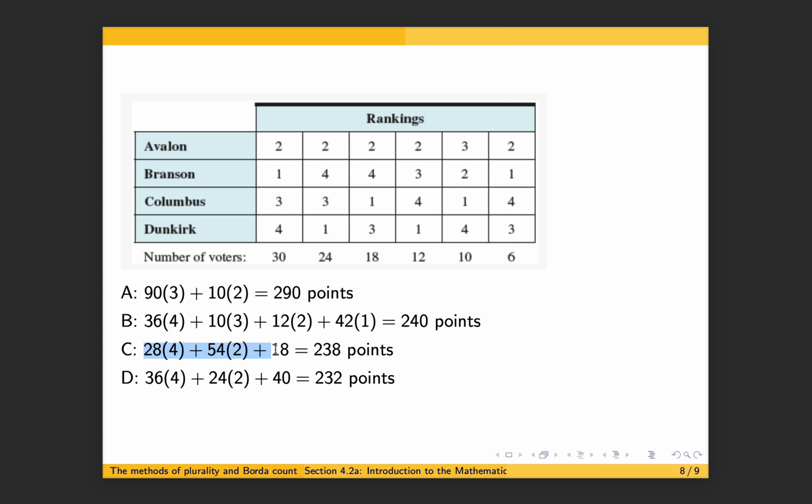And here are the calculations for C and D. So for candidate C, Columbus, these 18 and these 10 people, so 28 people total, rank Columbus first. So there's 4 points each. 54 people rank Columbus third, these 54 people here, so second to last. So there's that 2 for second to last. And then 18 people rank Columbus actually last, these 12 and these 6. Okay, so if you do these calculations here,